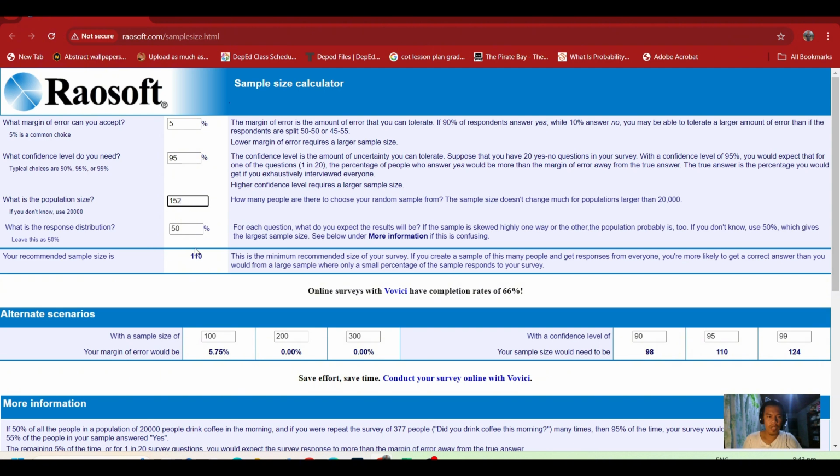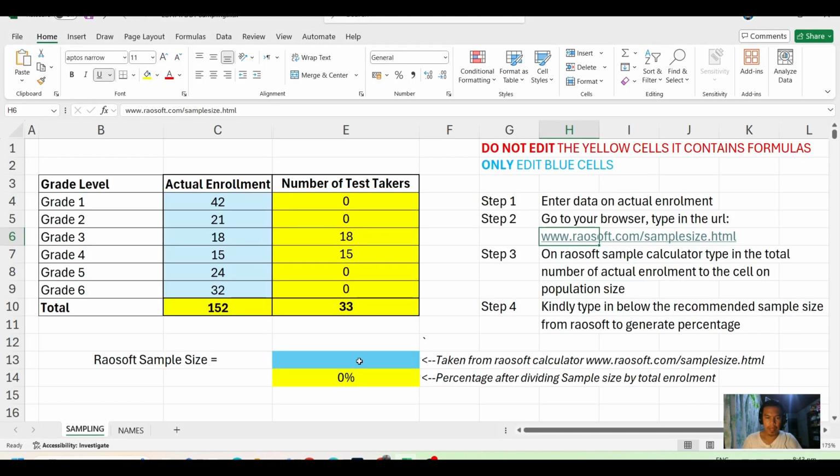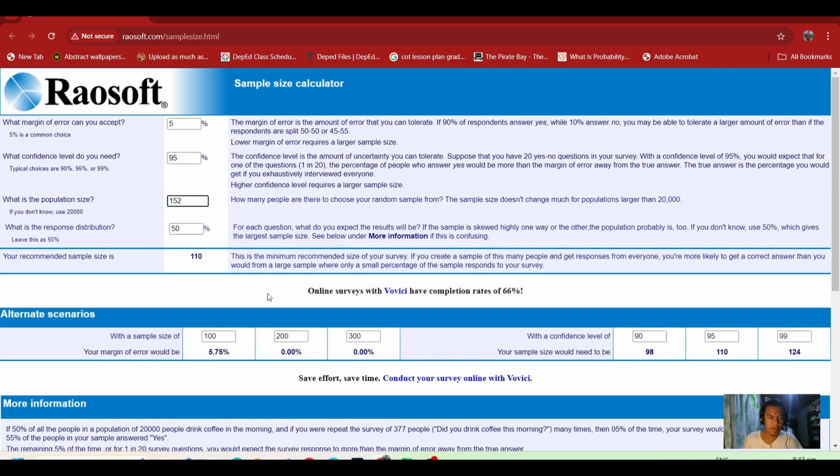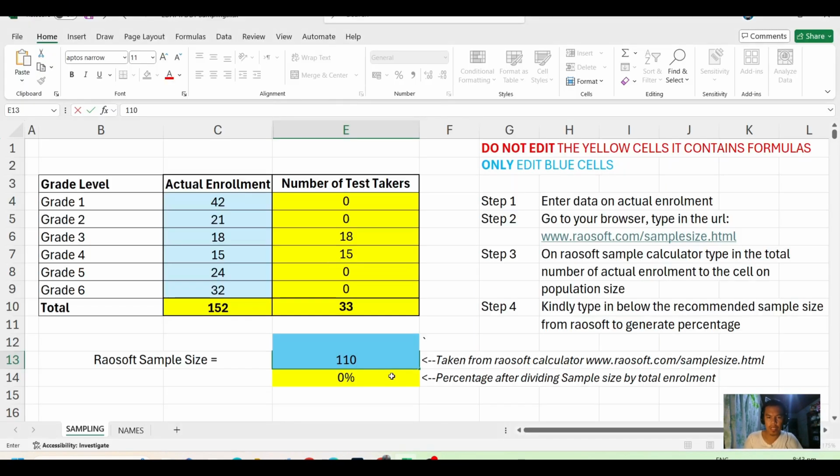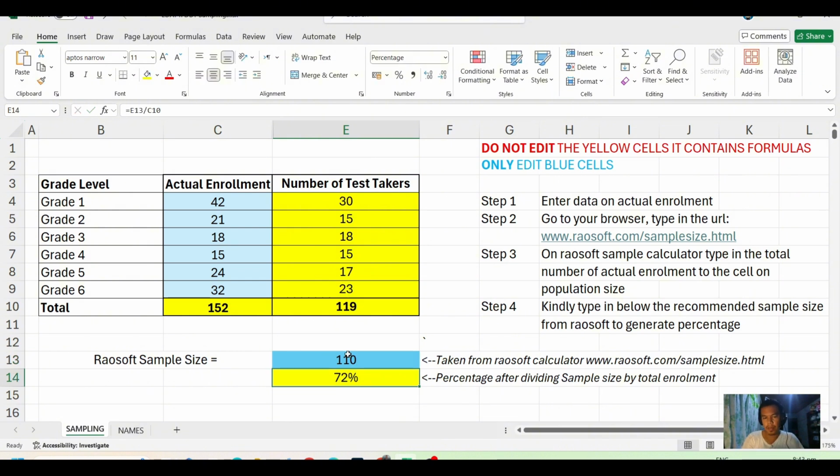Automatically there is the recommended sample size, which is 110. So we will type in below the number 110, which is the recommended sample size taken from the Raosoft calculator, and hit enter.